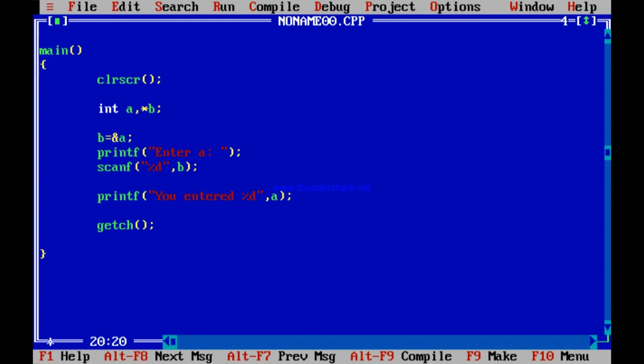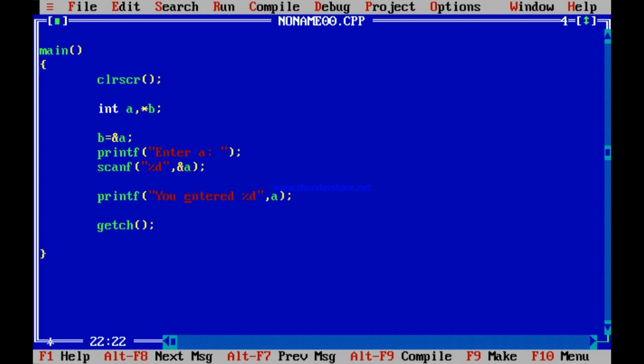Because when you write ampersand A, once more I am explaining, you are thinking, enter A. Suppose the user was entering 7. What were you saying? You are presenting the address of A, say FFF4, to the user to catch that 7. The user was entering 7, you are holding it in FFF4.